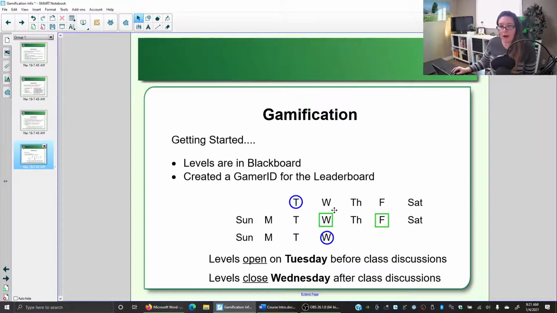So you can see you have 2 weeks here for any particular level to claim any of the points that you wish to claim. And so the level opens the week before. We discuss it in class, allowing you a chance to look through it. And then we'll meet and we'll give you some tips and tricks, and you'll practice with the activities, and then you'll apply it to the zombie apocalypse and turn it in the following week. So we'll repeat that process every week as part of the gamified design.